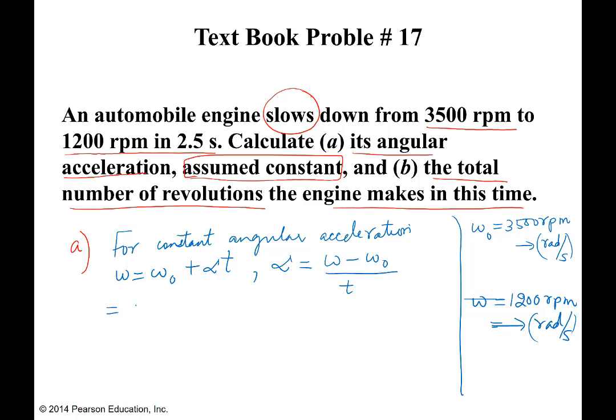Since I'm not solving it in steps like you are going to do, I have kept the values in the same place. I wrote down 1200 revs per minute. I'll convert in the end, but you can choose your own style. Normally it's better to convert them first and then substitute. I'll leave the exercise of conversion for you to do. And we have time given as 2.5 seconds. So we basically get minus 2300